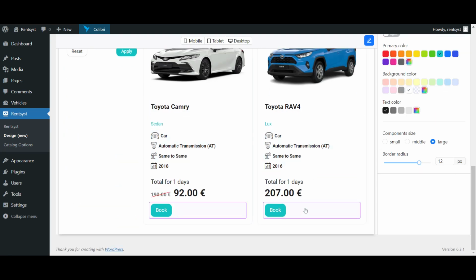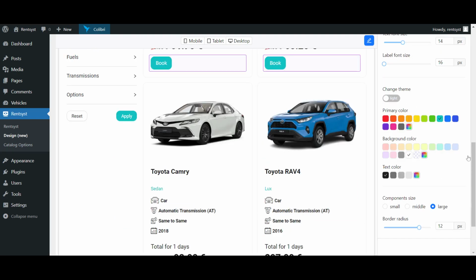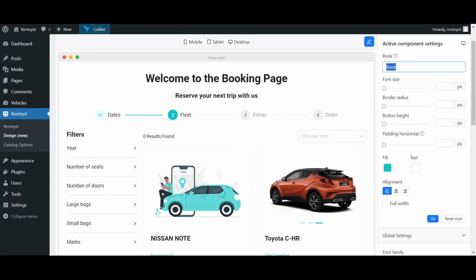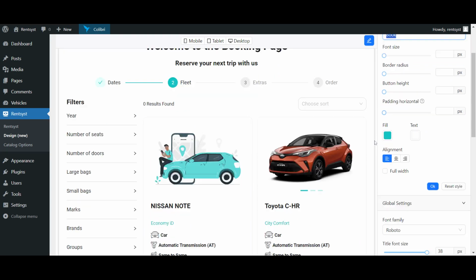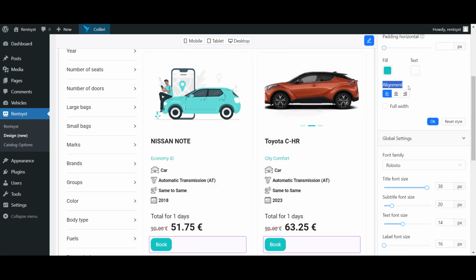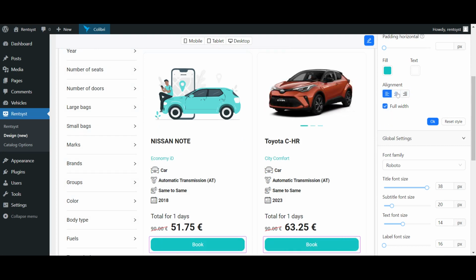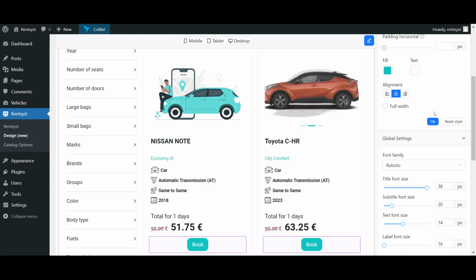Okay, and you can also work with these buttons, of course. You can rename this button to book or reserve, up to you, and also change the alignment like this one, or make it full width like this one. Let's make it centered. Okay,